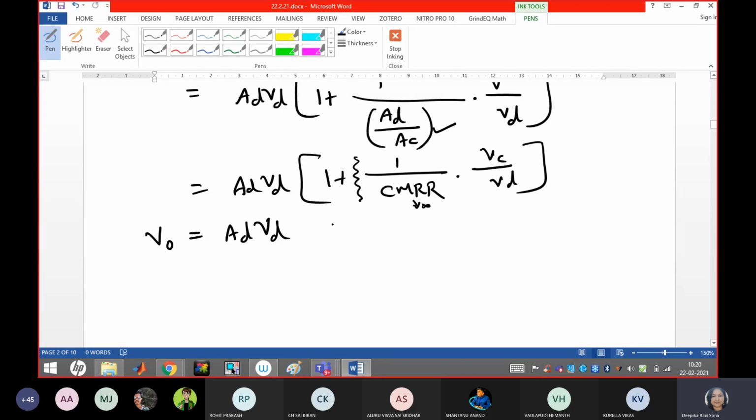So here you can remember the concept, guys. This equation shows that practically the CMRR value is very high or very large. So even though VC and VD are both available here, the output is mostly proportional to the difference signal, which is your VD, and the differential gain AD. Okay, and the common mode component is rejected here. In this way, you can reject your common mode component. You got it, guys? How we have defined that?